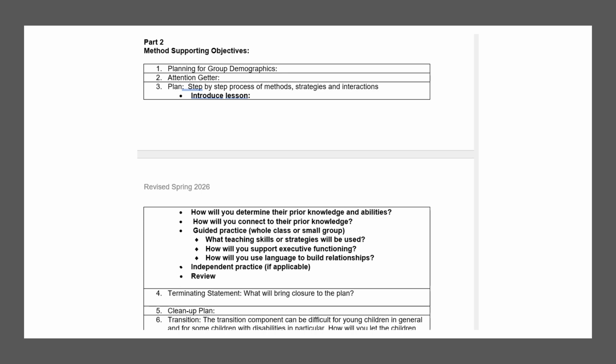That brings us to part 2, the method supporting the objectives. So the first step is you will plan for group demographics. So this is where, if you know the group demographics of the classroom that you're teaching, then you can list that here. If you don't know, or you are using this in your LCC classroom, not in the actual field classroom, you can create some demographics. So demographics are things like the age of the children, the race and ethnicity of the children, languages spoken, socioeconomic status, if you know it,